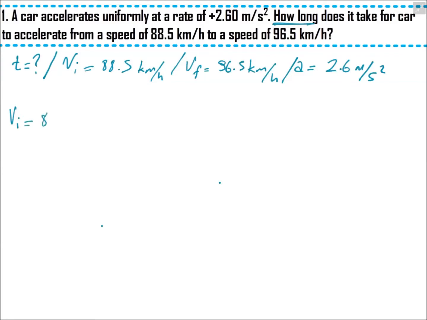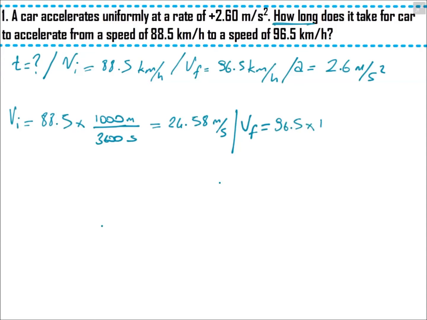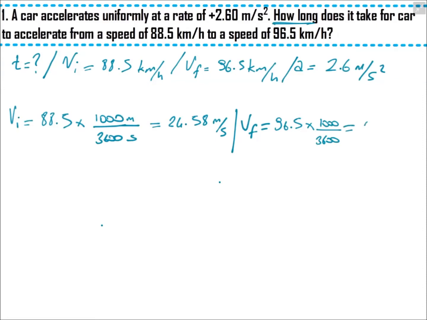V initial equals 88.5 times, to convert from kilometer per hour to meter per second I have to multiply with 1000 and divide it by 3600, because 1 kilometer equals 1000 meter, 3600 seconds equal 1 hour. So this multiplication will be equal 24.58 meter per second. And for the V final, that's equal 96.5. I will do same operation, 1000 over 3600. This calculation will be equal